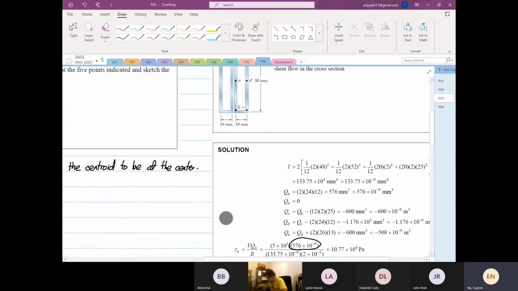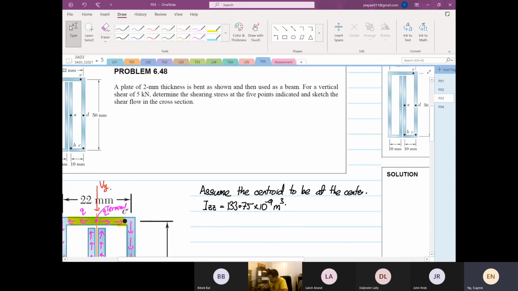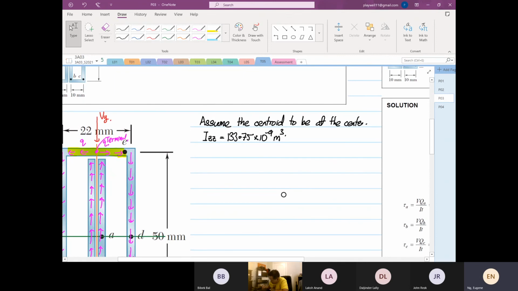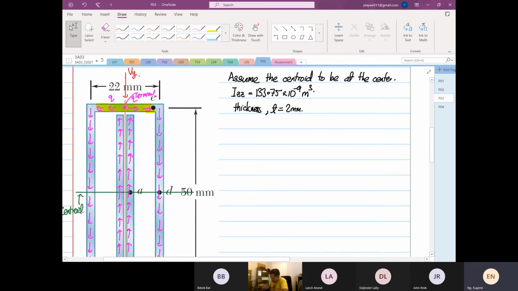I'm just going to use their value. And the thickness t is 2 millimeters. So we are going to look